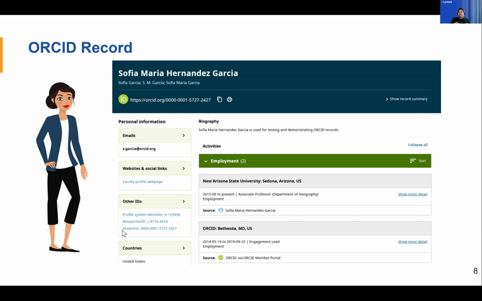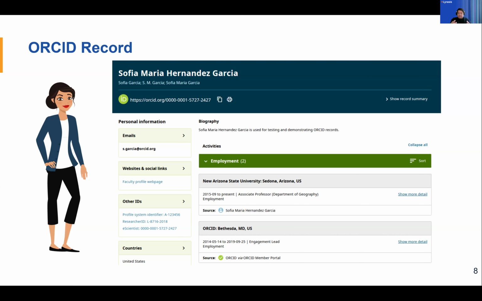This is where you can find information about your activities. Here you'll see the biography of Sophia, for example. So you can add that. You will see the ORCID ID here. One thing to remember is that the ORCID ID is a unique identifier as well. So you can think of it as like a social security number, for example. It identifies that person. That's really what the ORCID ID is here. And then you have additional information about email addresses, for example, if you have it publicly available. You have websites, all of those things.